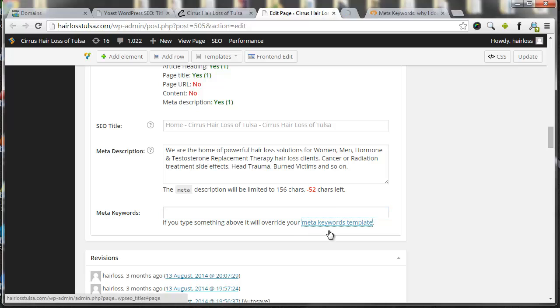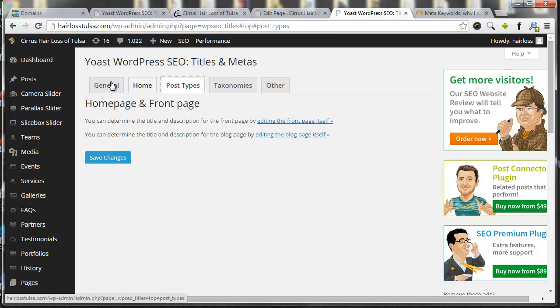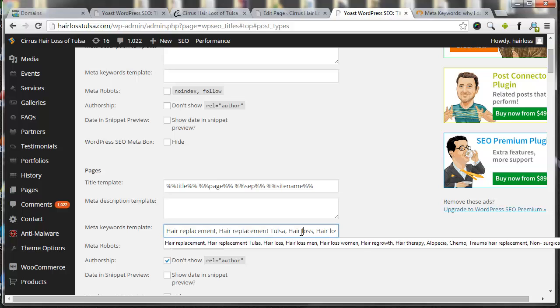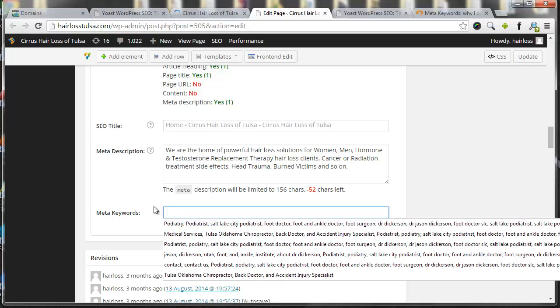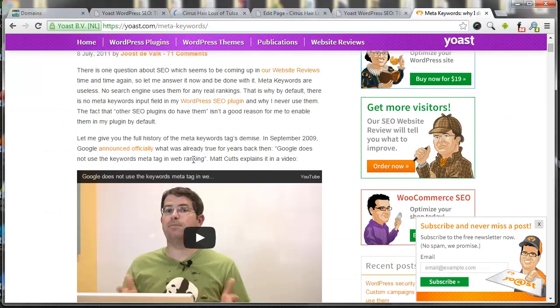Now there is a template already set up that adds the keywords globally. Okay, let's go to post types here, and on each page, these keywords here are automatically added to each page. Now, you can override them if you want special keywords added to a page by editing the page and then editing the keywords here. Okay, and that would be an override. But I just want to let you know though that we don't typically use keywords. I did add that keyword functionality there per your request, but